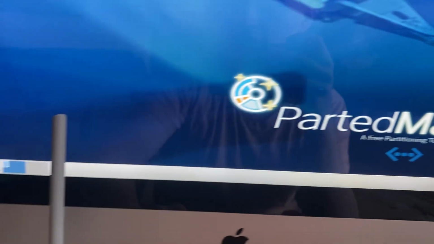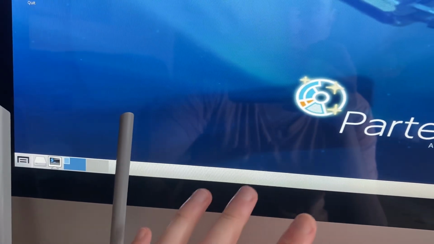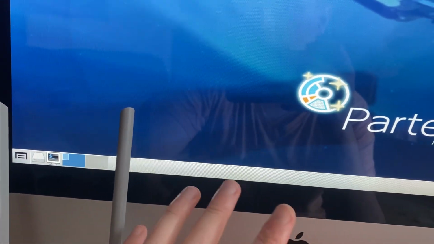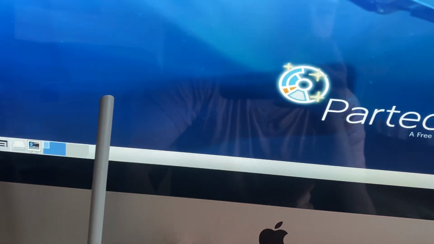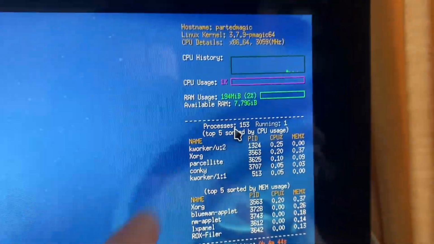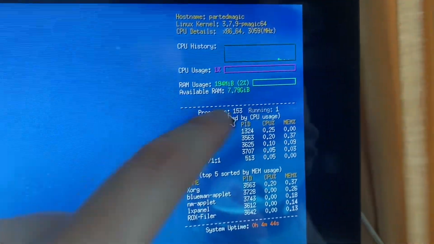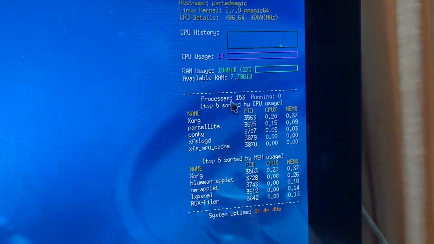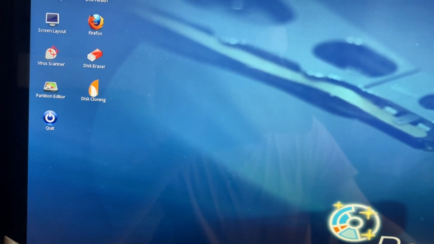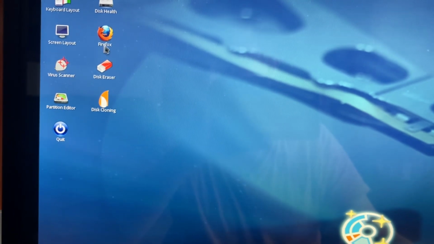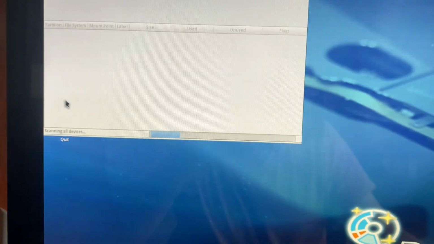Hello dear subscribers, today I will show you Parted Magic. Like you know, here you can see it, a really nice system, not an app, which will help you. First thing, you can see here all the characteristics of your usage of your CPU or RAM and other things. Also, if you have problems with your drive, so you can't just remove some volume from your macOS, you can also just choose here partition